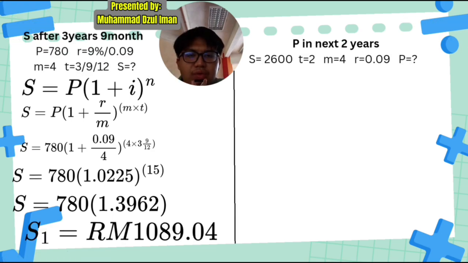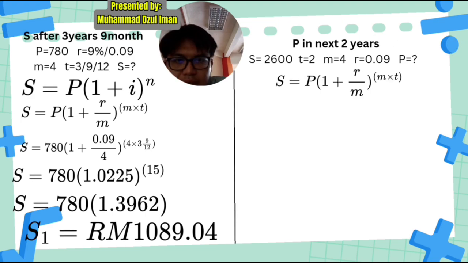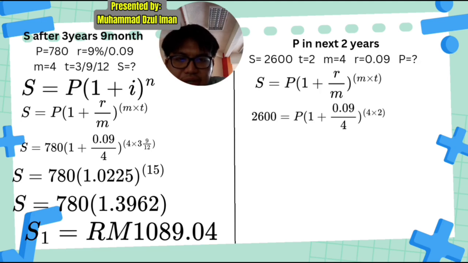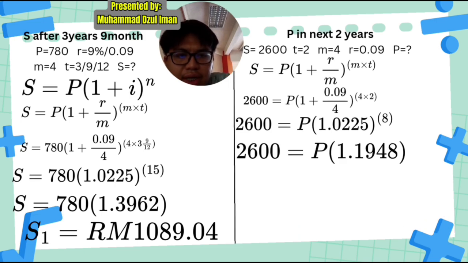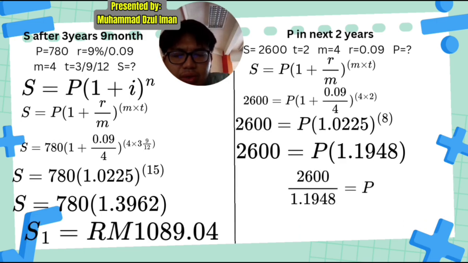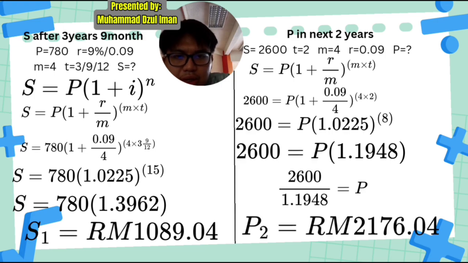Next we need to find how much she should invest if she wants to get 2,600 after 2 years. First, we fill out the information, and we write the formula as usual, and later put the numbers inside the formula and calculate it, which is 2,600 equal to P times 1.0225 to the power of 8. And then to find P, we need to move the 1.0225 to the power of 8 to the left side. But first we need to calculate it, and we'll get 1.1948, and then we divide 2,600 by it, which we will get P equal to RM